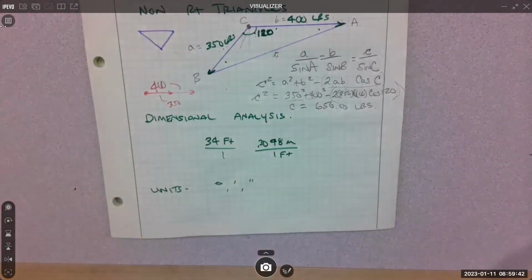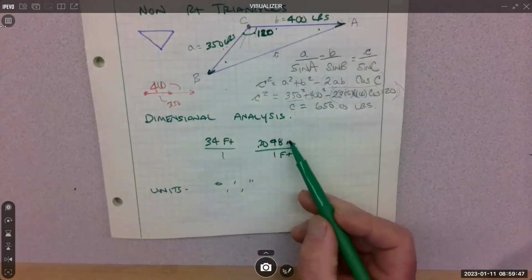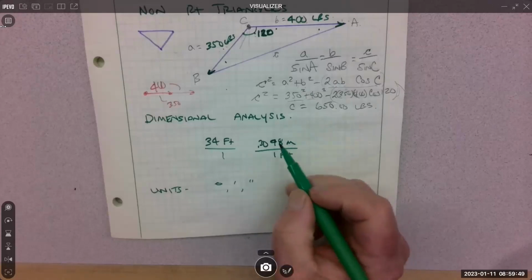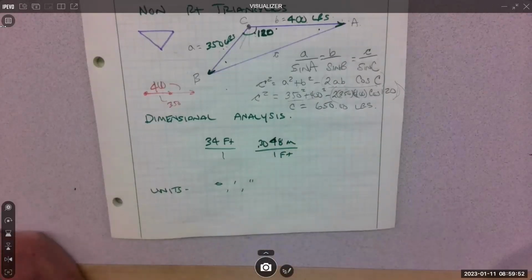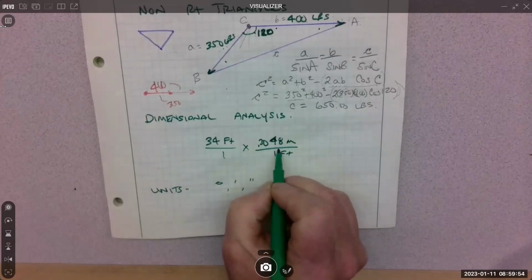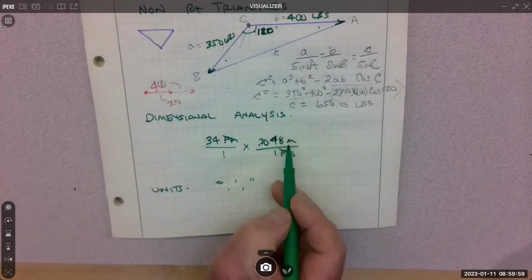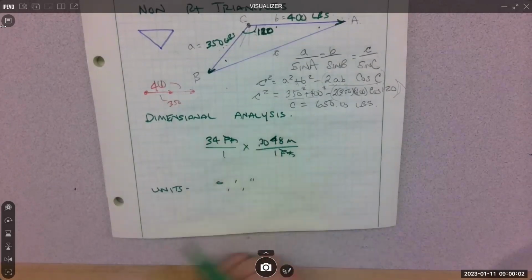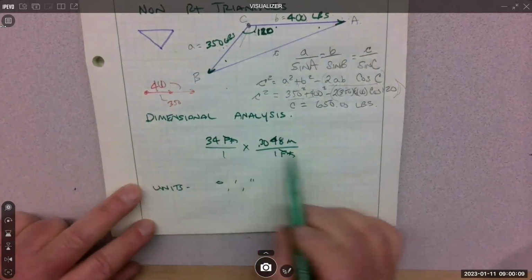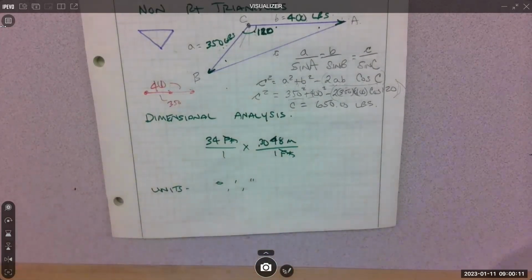So you can write a conversion either way. I could write the foot on top, or I could write the foot on the bottom. Once you have the conversion, once you go look it up. I put it on the bottom because I want the feet to go away and I want to get meters. That's dimensional analysis, where you use the dimensions to come up with something. Okay, so we'll do this quite a bit. We won't often be converting from like newtons to pounds,